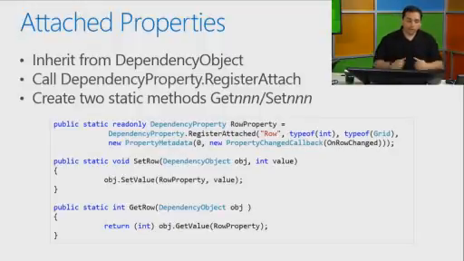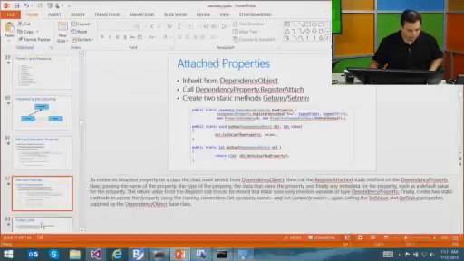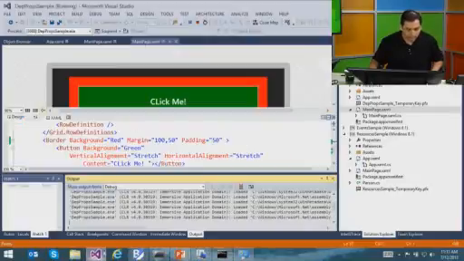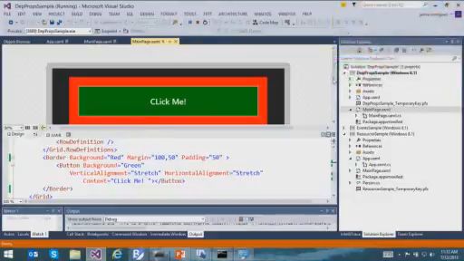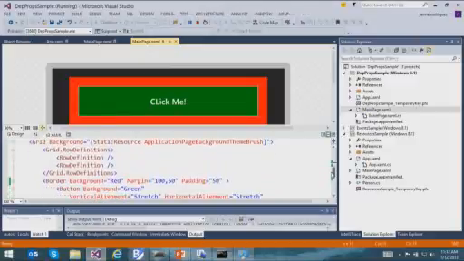You use a special syntax so you can declare them. Let me show you a demo real quick of that. Here I have my button, and my border is inside a grid. The grid has 2 rows, and right now the border doesn't have anything that tells it where to go in the